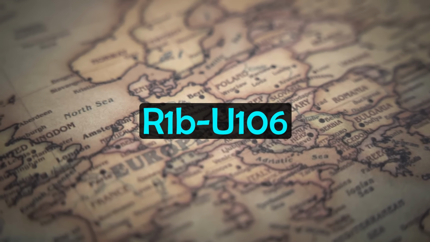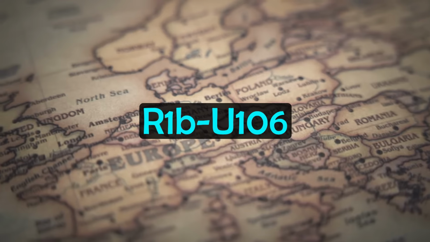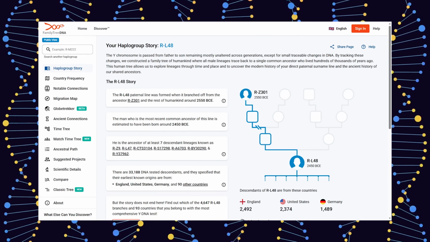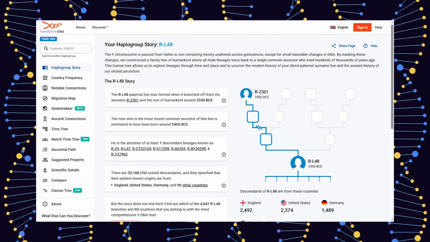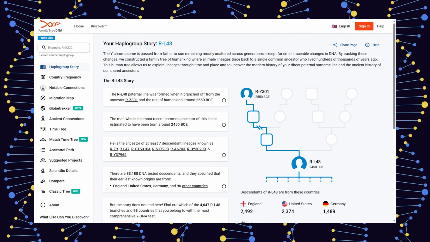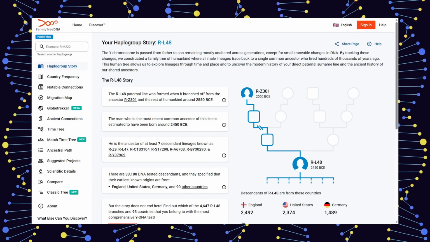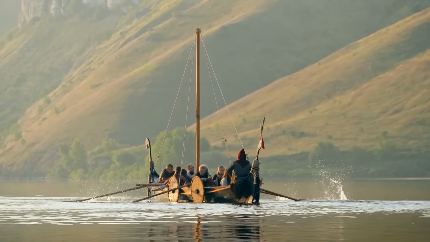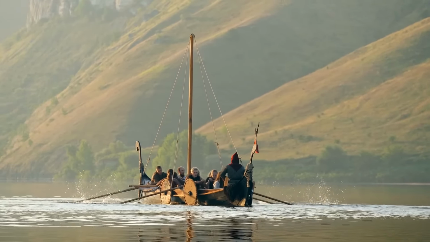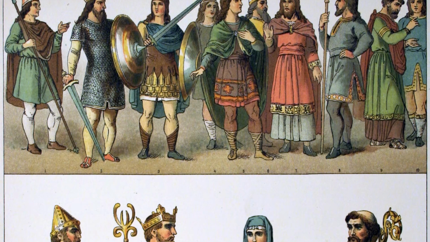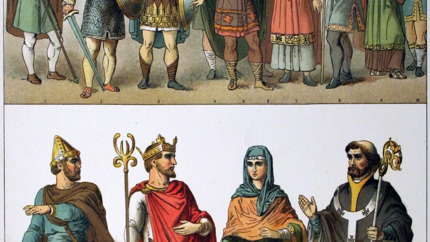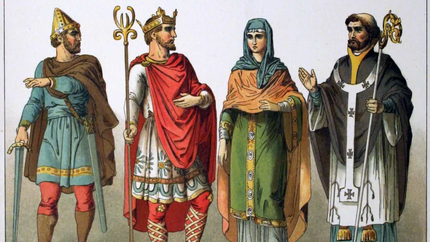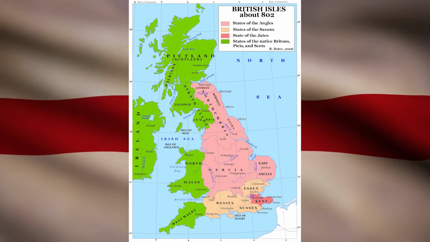Well, if we start with R1b-U106, the subclade RL48 is of paramount importance. This branch peaks in frequency in Frisia, the northern Netherlands, and North Holland, territories historically associated with the Saxon and Frisian tribes who settled in eastern and southern England. While some RL48 lineages certainly arrived with Danish Vikings, the sheer scale of the Anglo-Saxon migration, where continental Northern European ancestry rose to as much as 76% in regions like East Anglia, suggests that the majority of L48 in Britain